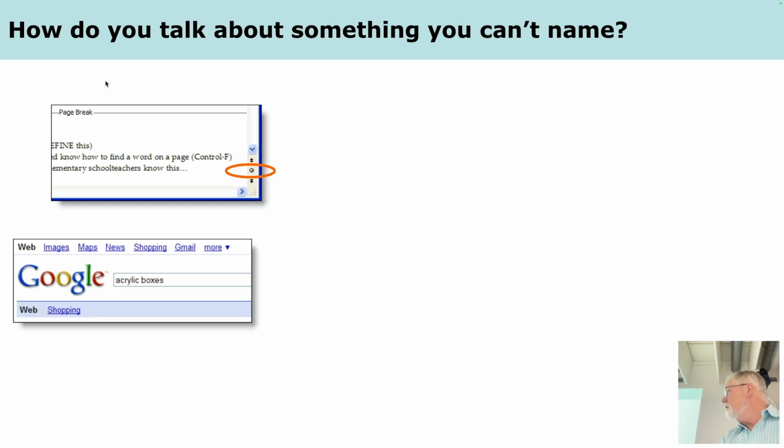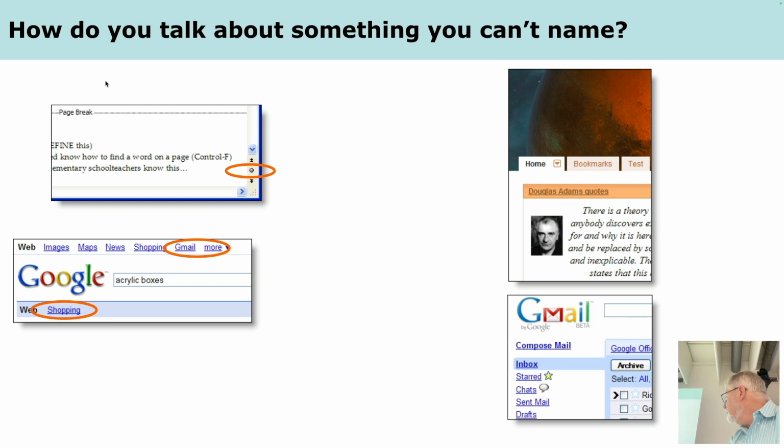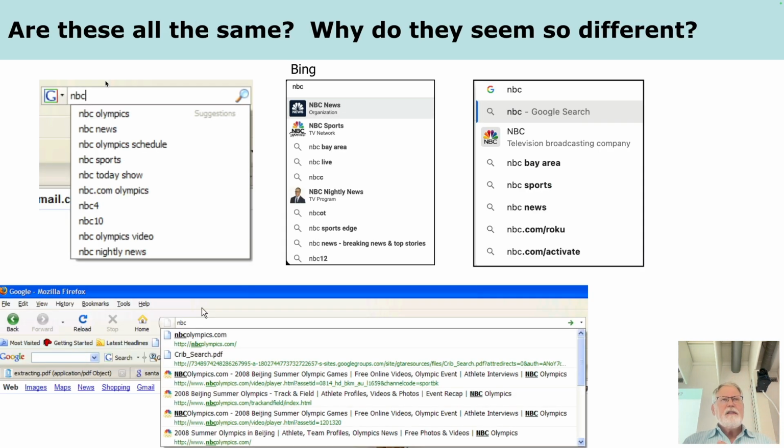Or how about this? What are those things called? They're called tabs. They don't look like tabs. They don't represent tabs in any way, but they're internally called tabs. Or this. So here are tabs, right? And here are tabs. So tab is kind of this expressive idea, right? So we're stuck in this world where we've got concepts or things we see, we don't know how to express them